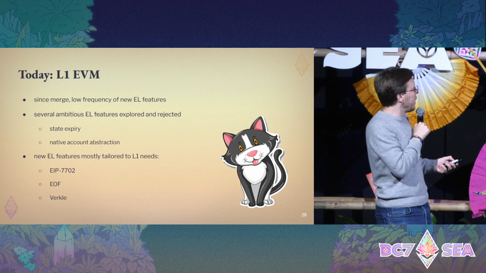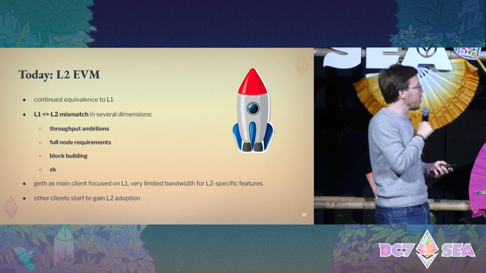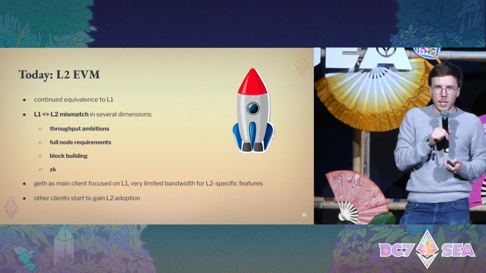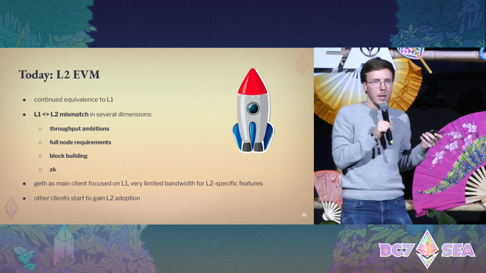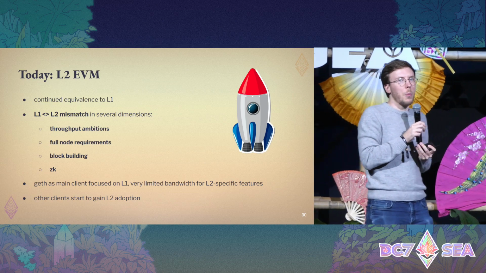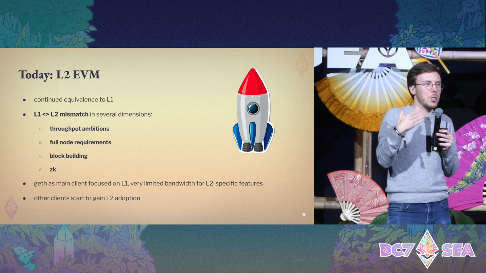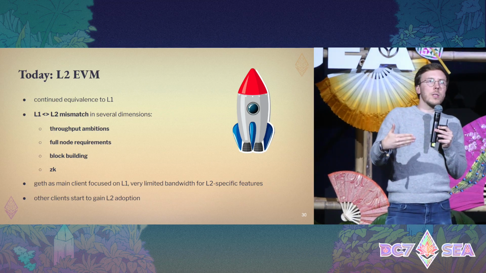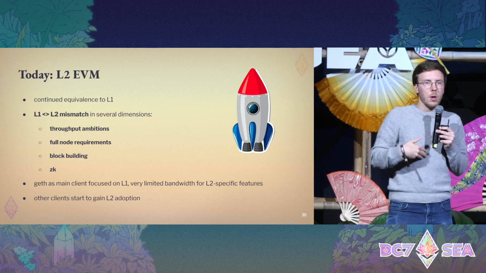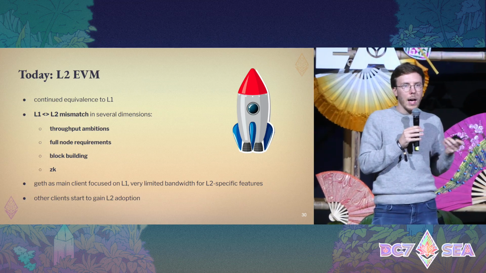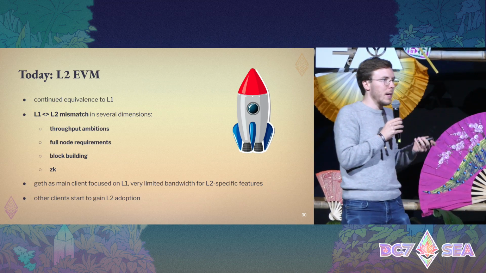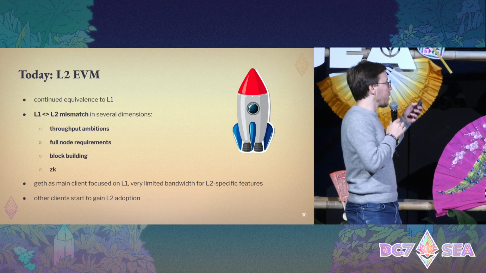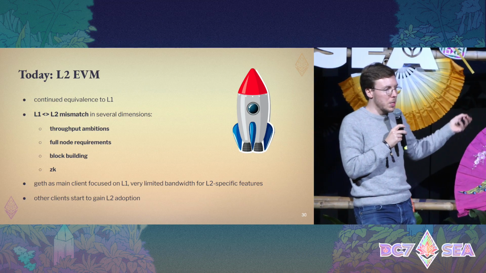So where does that leave the L2? Well, it turns out that most of the L2s that started out as equivalent to L1 are now stuck in that position. The point is that you don't want to be the only chain that starts deviating, implementing features that no one else has, because then none of the wallets, none of the tooling, none of the dev tools are compatible with you. And so what that means is that these L2s are now stuck with the EVM of L1 and are stuck with the slow speed of these new features being shipped.